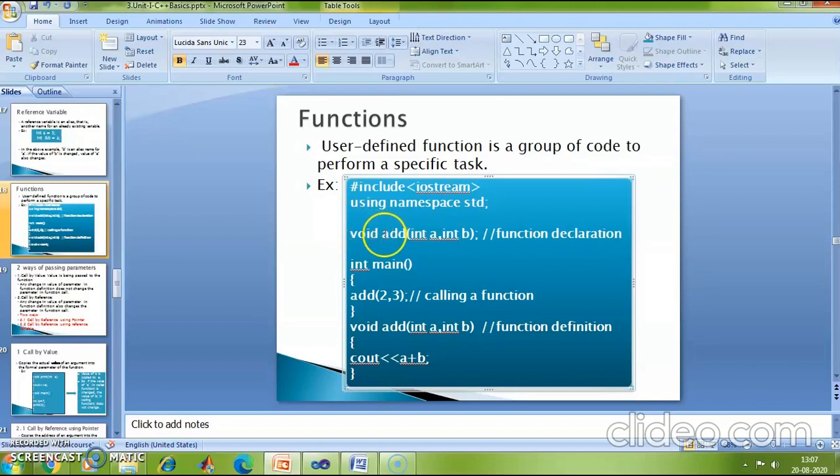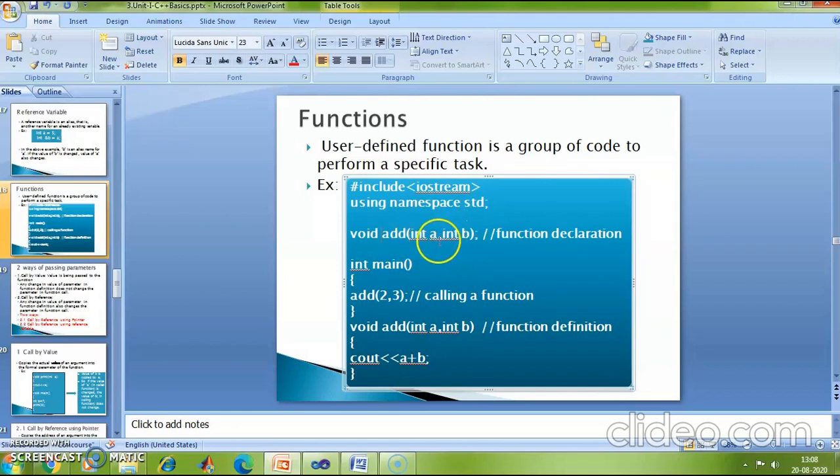And then I mention the function name, that is add in this case, followed by the parameters and their data types. So I am passing two parameters, 2 and 3, which are of type integer. So I mention a variable a and b of type int.